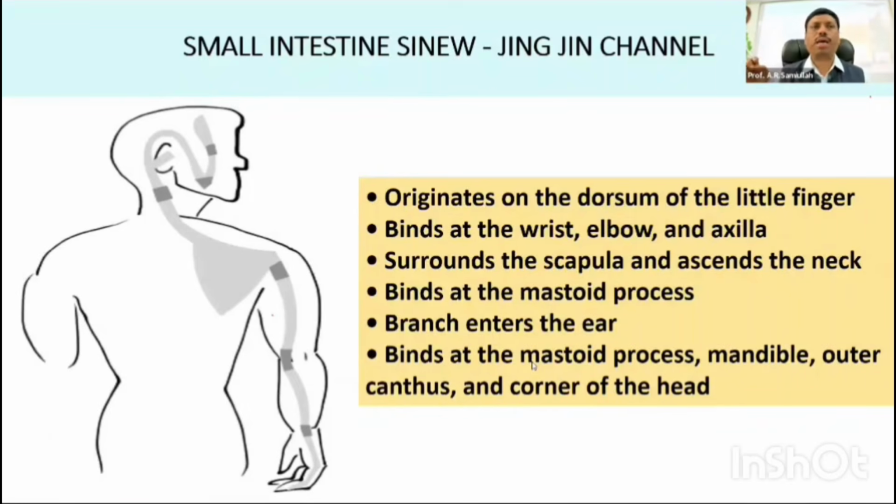It starts at SI1 and binds on the wrist region. From the wrist, it binds on the elbow. From the elbow, it binds on the scapula, shoulder region. From the shoulder, it covers the entire scapula. From the scapula, it ascends to the neck region. From the neck, it covers the entire ear. From the ear, it connects to Benshen, which is gallbladder 13. From GB13, it terminates on the head region. This is called the sinew meridian. If you want to treat the sinew meridian of the small intestine, the point is Benshen, gallbladder 13.